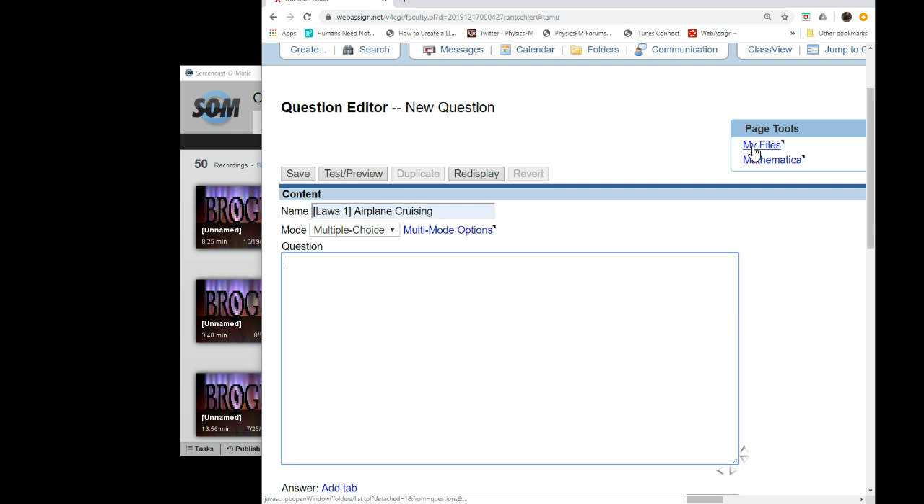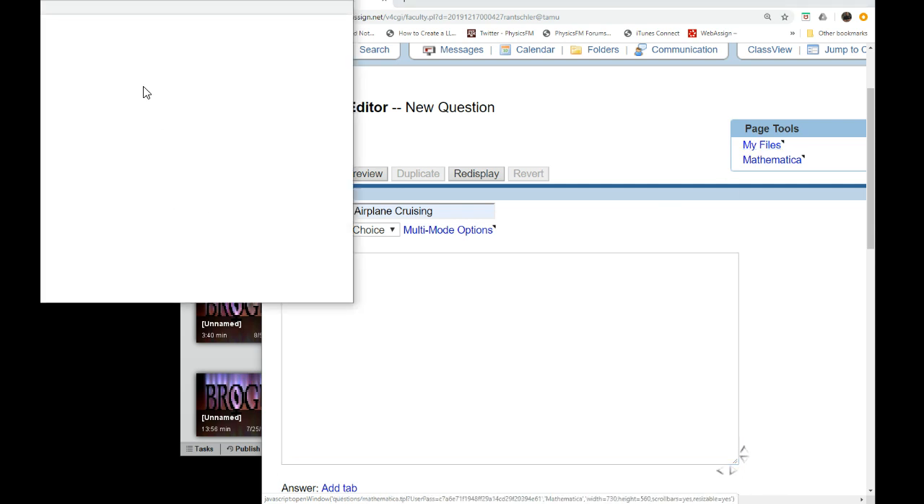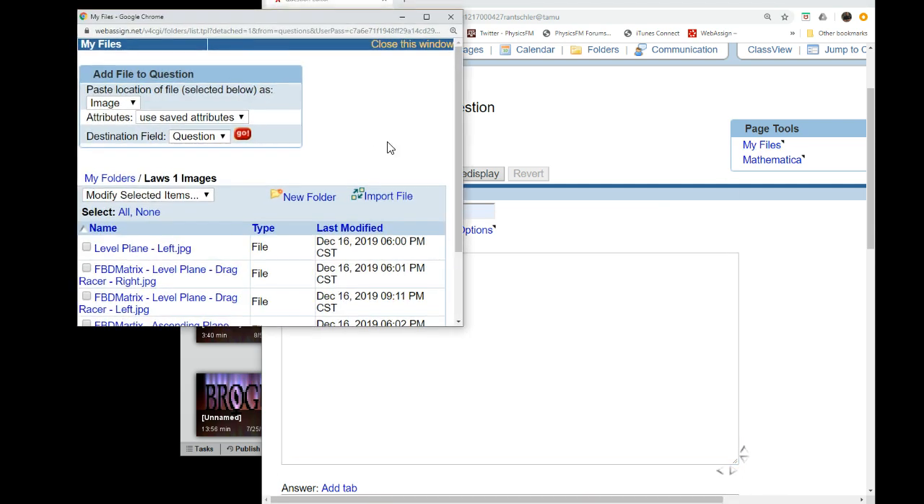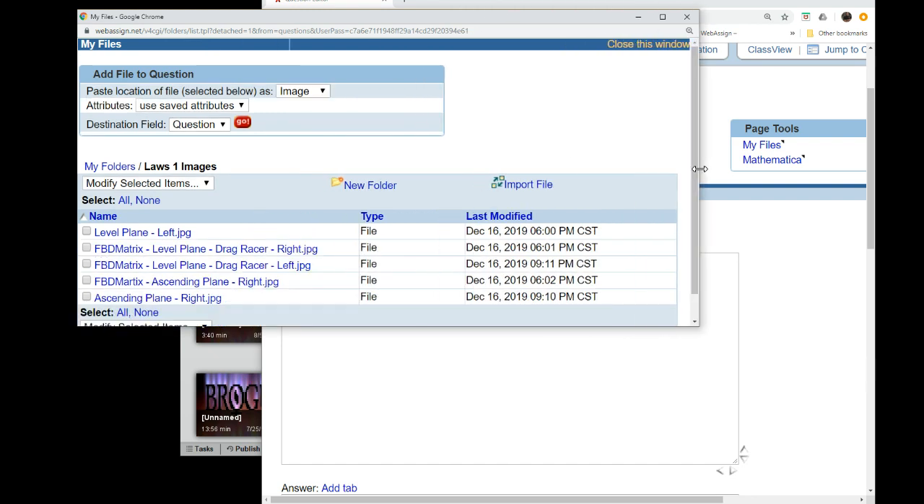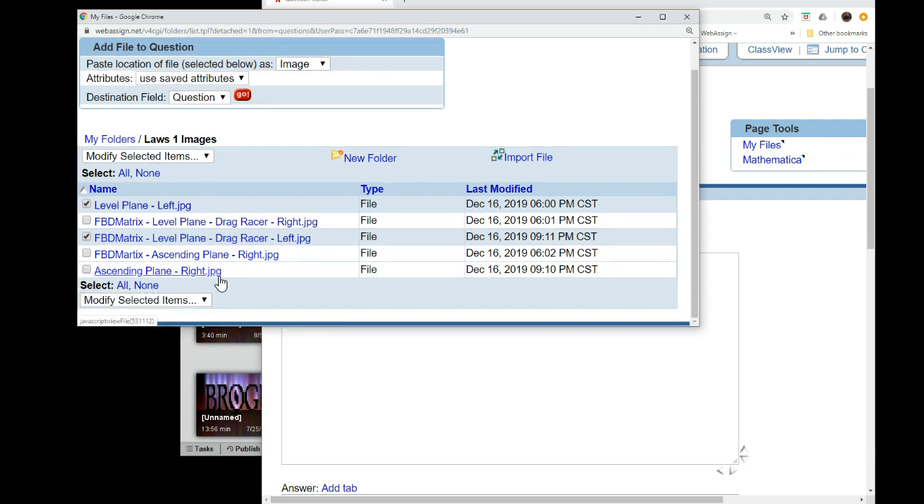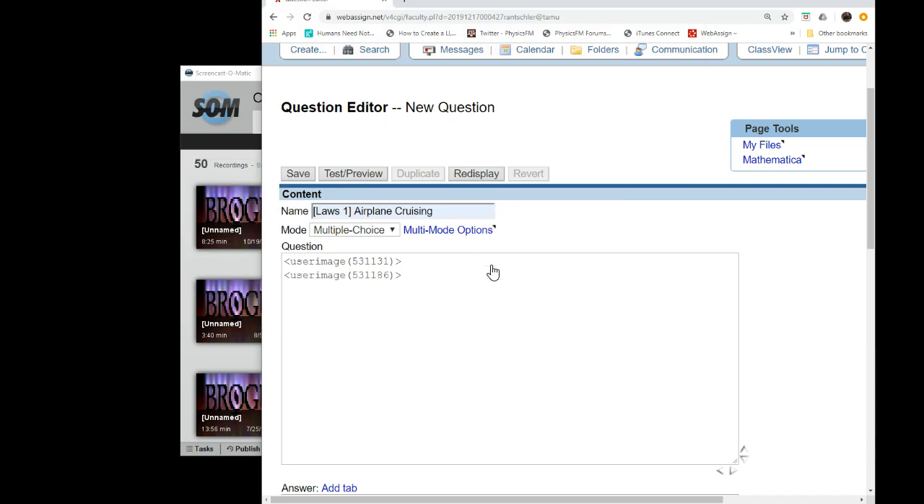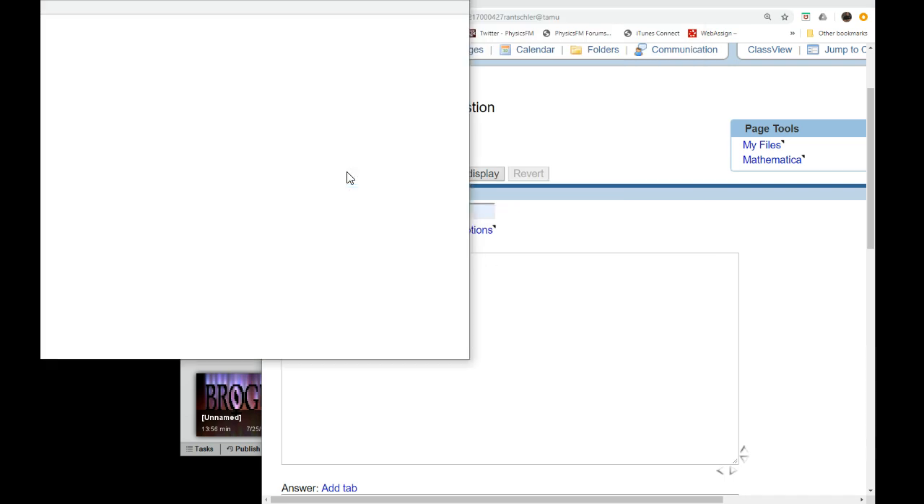I got some files, so I'll use up here in Page Tools my files. I've got some pictures, and so I'll look in my picture directory, see which ones I want. Well, I want airplane at cruising altitude, which is just the level plane. I've only got one. It's pointing to the left. Then I have this free body diagram matrix that's pointing to the left, and I hope these are correct. So I've got both of those, so I press go up here, and bang, I've got these things in here. So if I hit test preview,